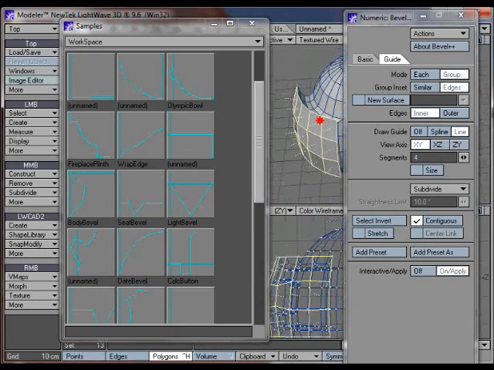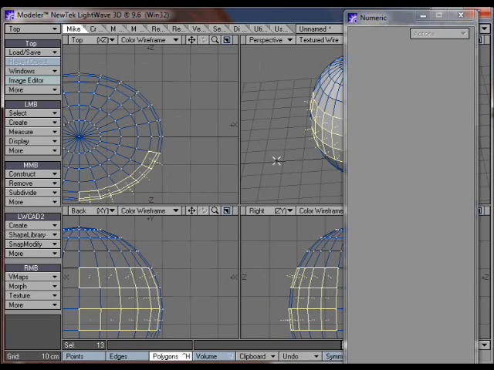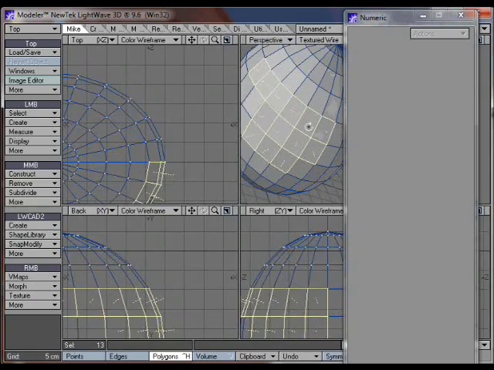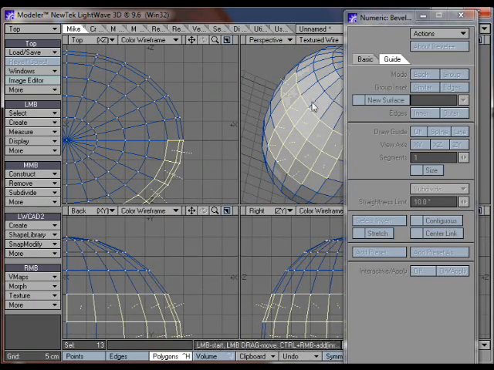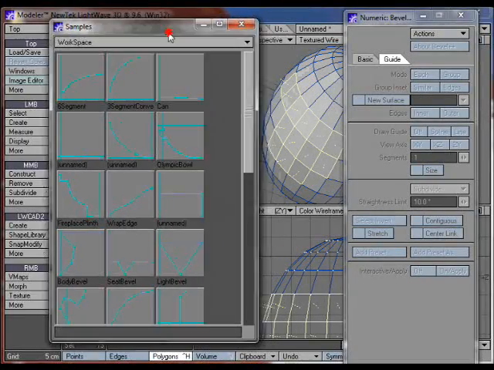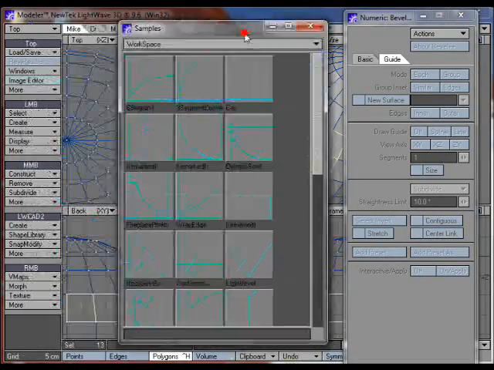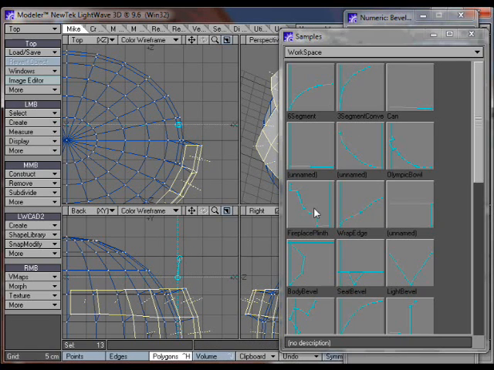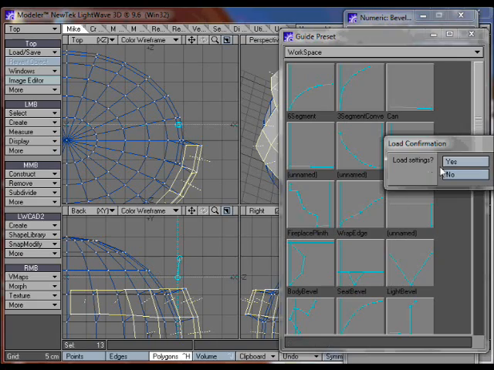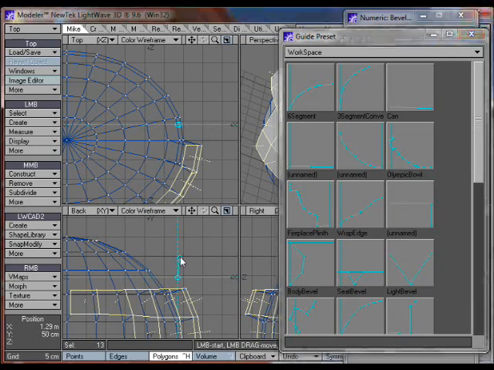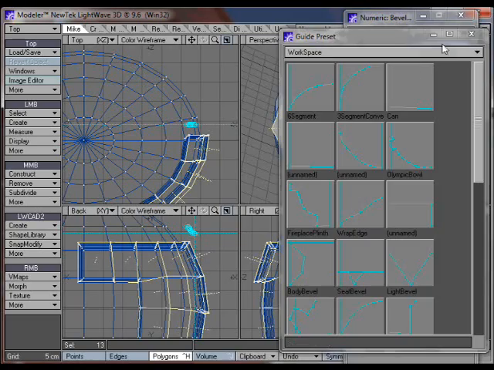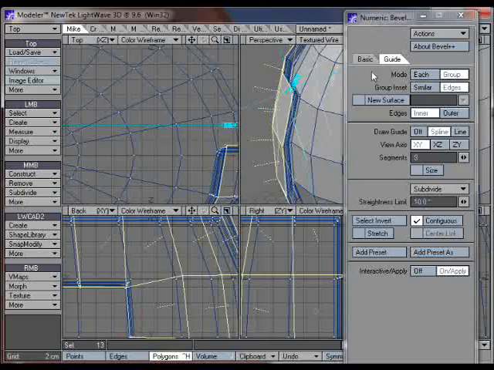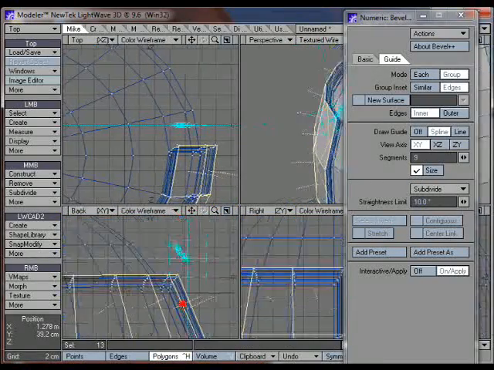So if I just undo that, just select a bunch of polys again, load it up, and just draw out a profile like that, and then say choose this one, load settings, and then you can see it's activated it so that we now have this. Let's just change the size